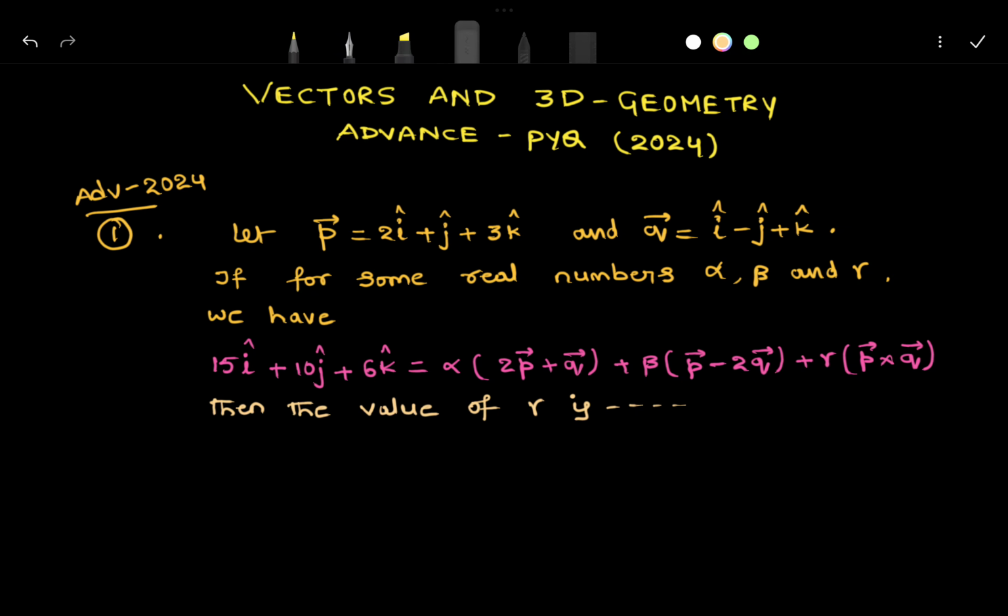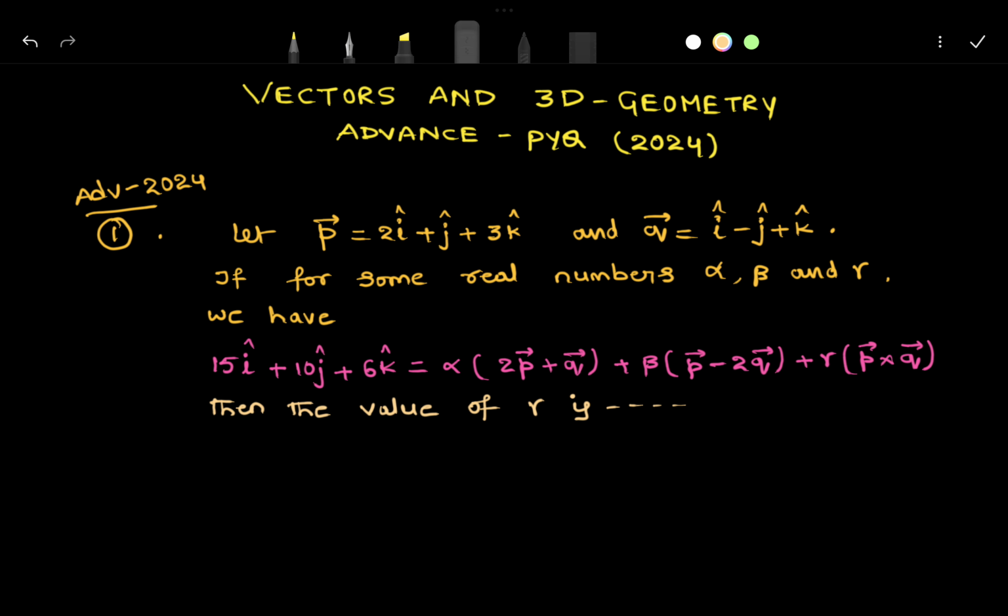In this video, we are going to discuss one of the most important questions from vectors and 3D geometry, which was given in JEE Advanced 2024. Let P bar is equal to 2i plus j plus 3k and Q bar is equal to i minus j